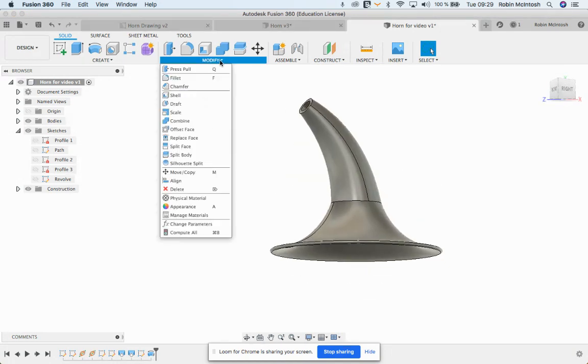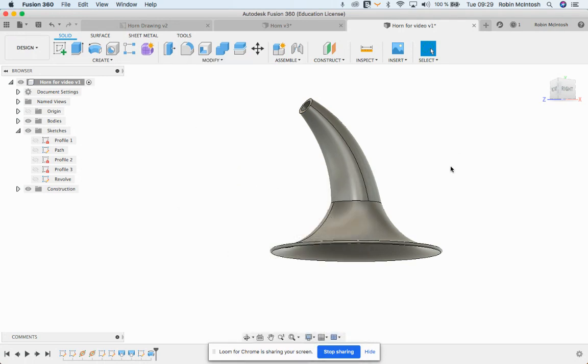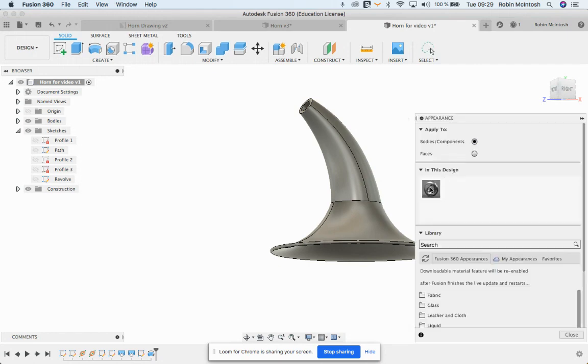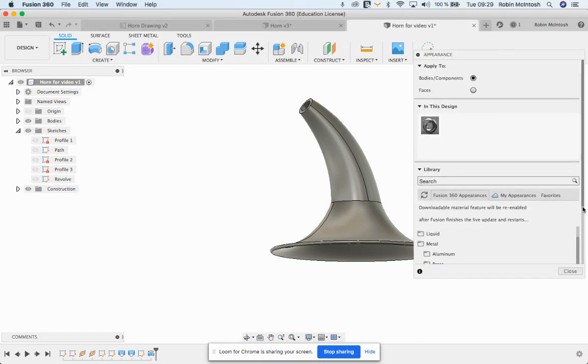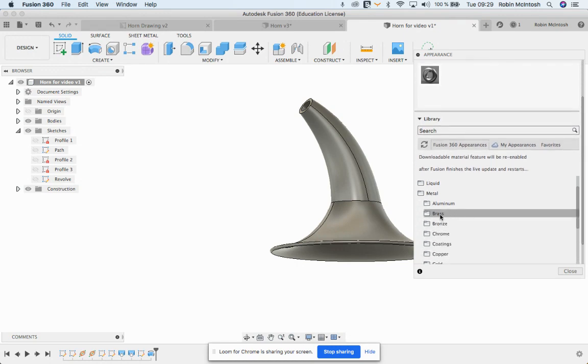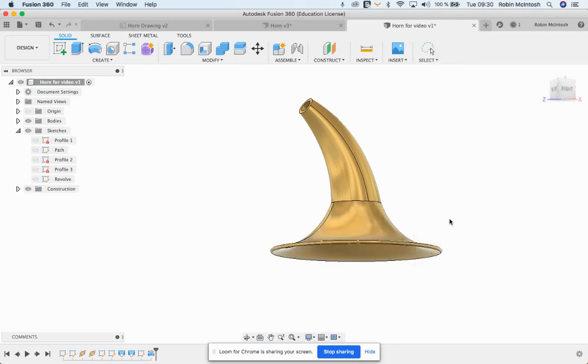If you go up to modify, though, just one last thing, go down to appearance. We don't really want our horn to be steel, which is what it is right now, steel satin. We'd rather have it to be brass, ideally. So let's scroll down, brass, and let's make it polished. I'm just going to drag that up into the box here, and then we can drop it in to our design there. And there you have the finished